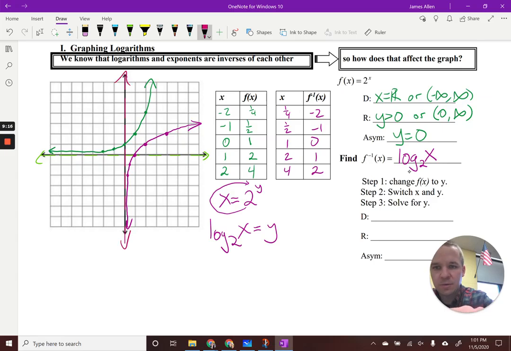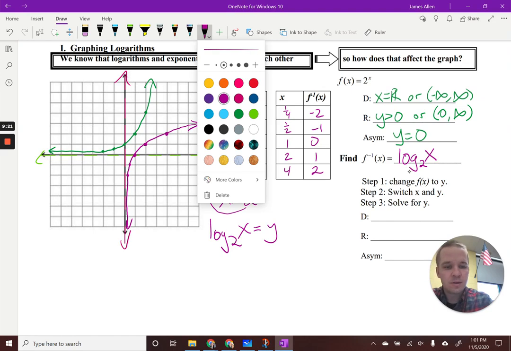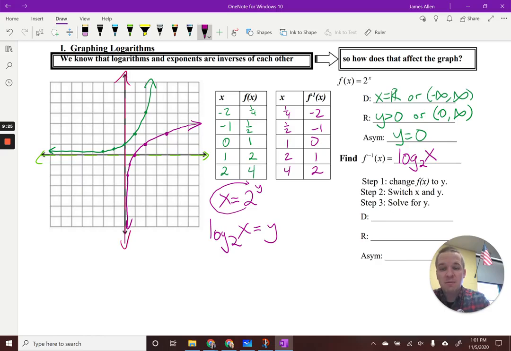Beautiful. X equals 0. Since my x's and y's switch, so does my asymptote. And you're going to see that our domain and range also switch. My domain on this one starts at 0, not including it, and goes to +infinity. So it's x is greater than 0, or from